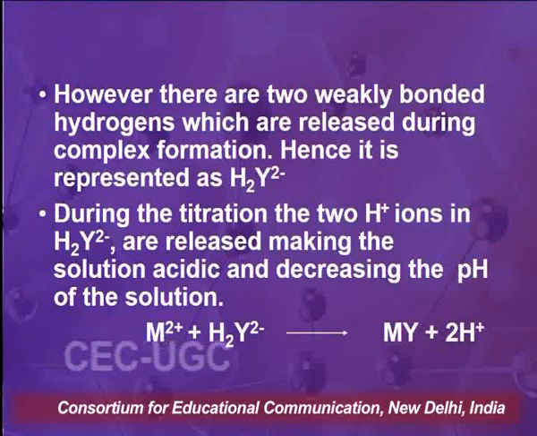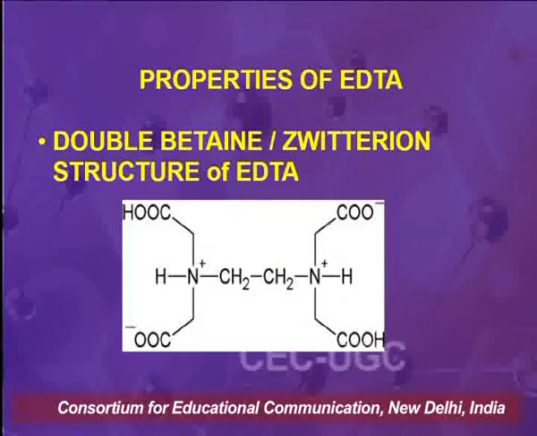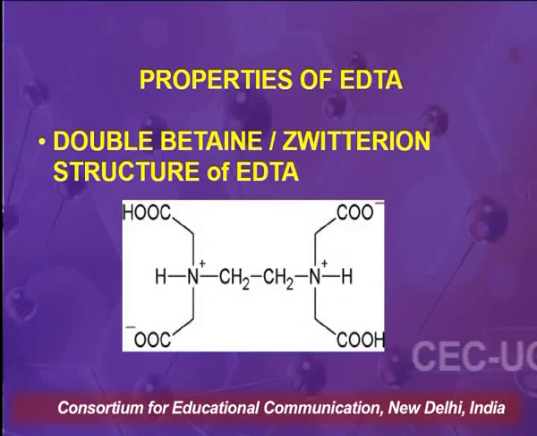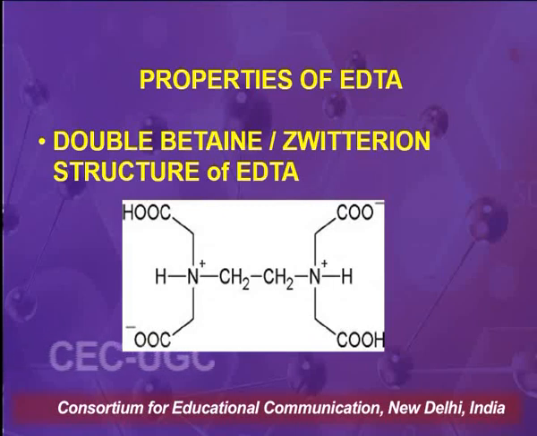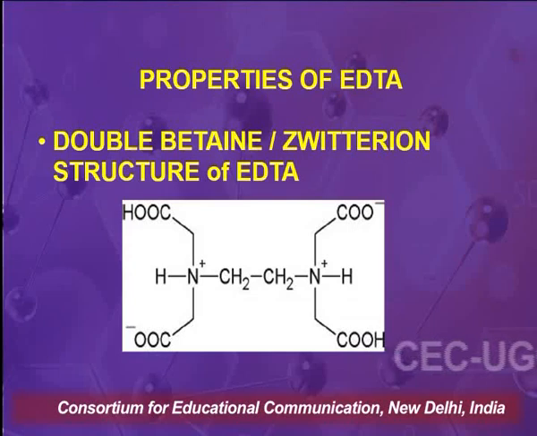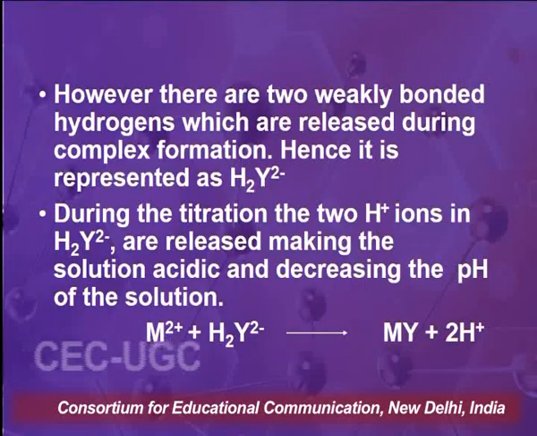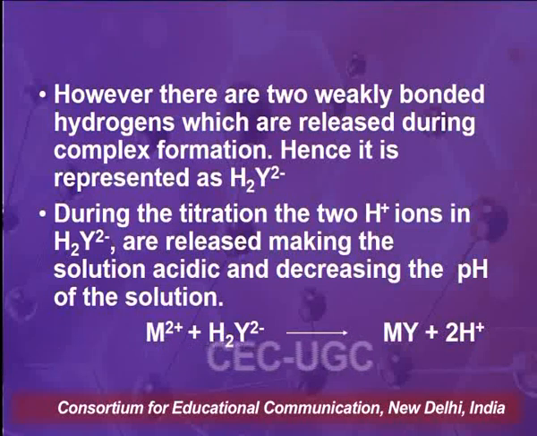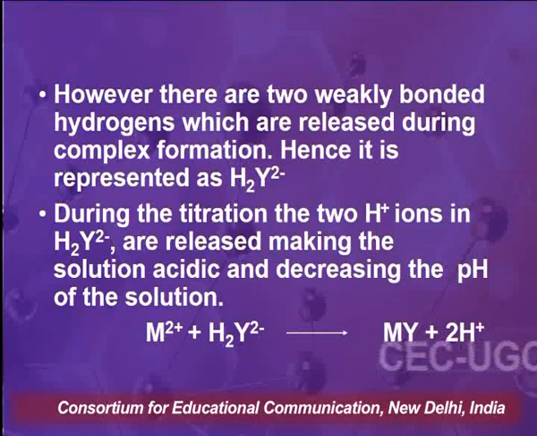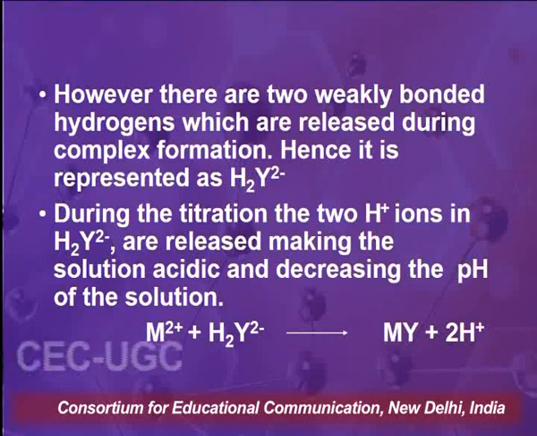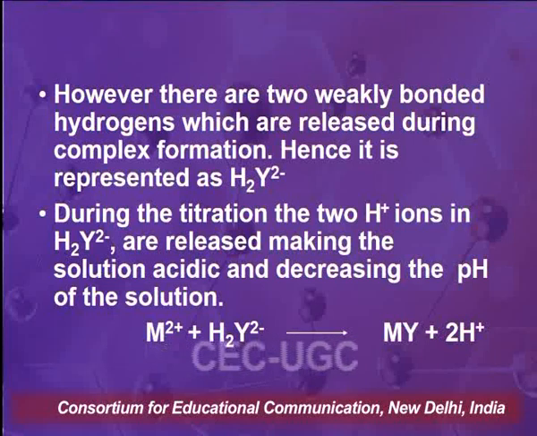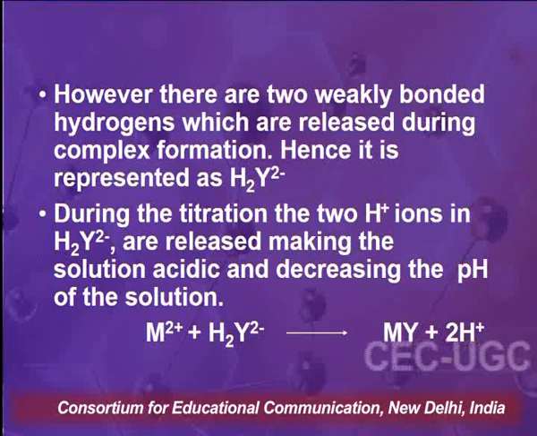H2Y2 negative, and the 2 dissociable or weakly bonded hydrogens are seen in the structure wherein COO is carrying a negative charge. That means these 2 hydrogens have already been dissociated. During the titration, the 2 H plus ions in H2Y2 negative are released, making the solution acidic and decreasing the pH of the solution, as can be seen